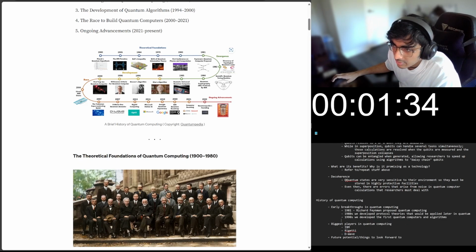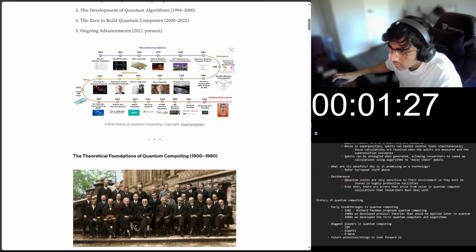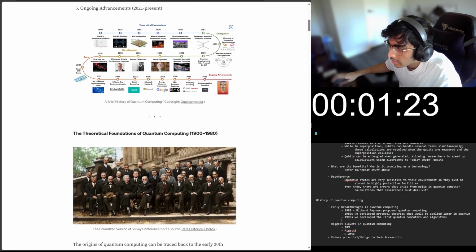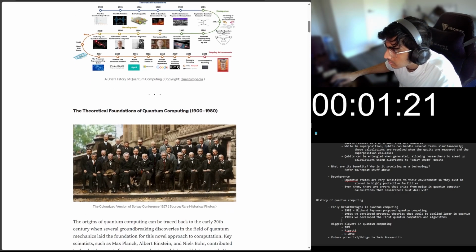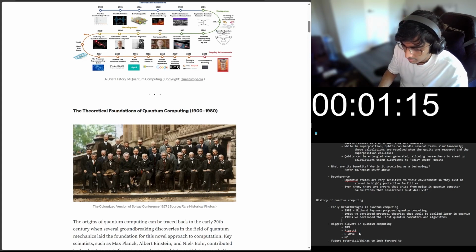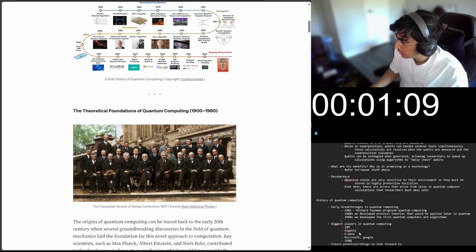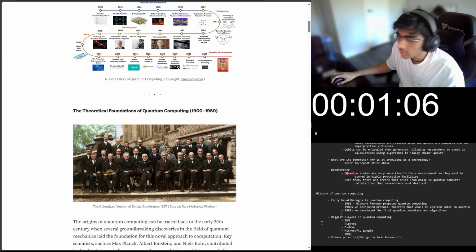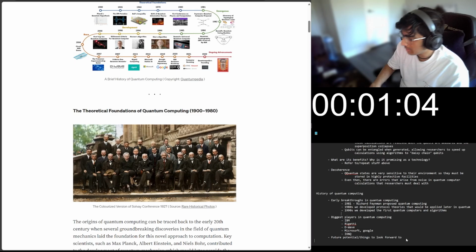Okay, and then after that, there's been a rise basically since the mid 2000s, it seems like. And Microsoft got into it, Google as well. IonQ, I actually know about IonQ. Yeah, this is a very recent one. So maybe I'll also put these down. Microsoft, Google, and then IonQ. Future potential things to look for. Okay, yeah, and then here maybe I'll put quantum supremacy, actually.